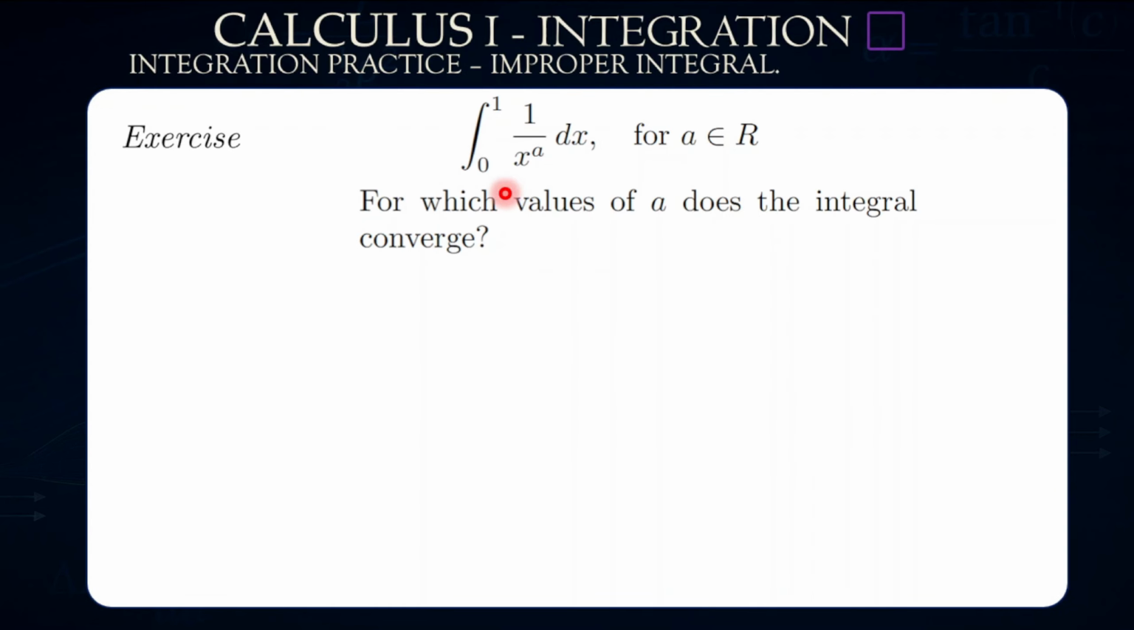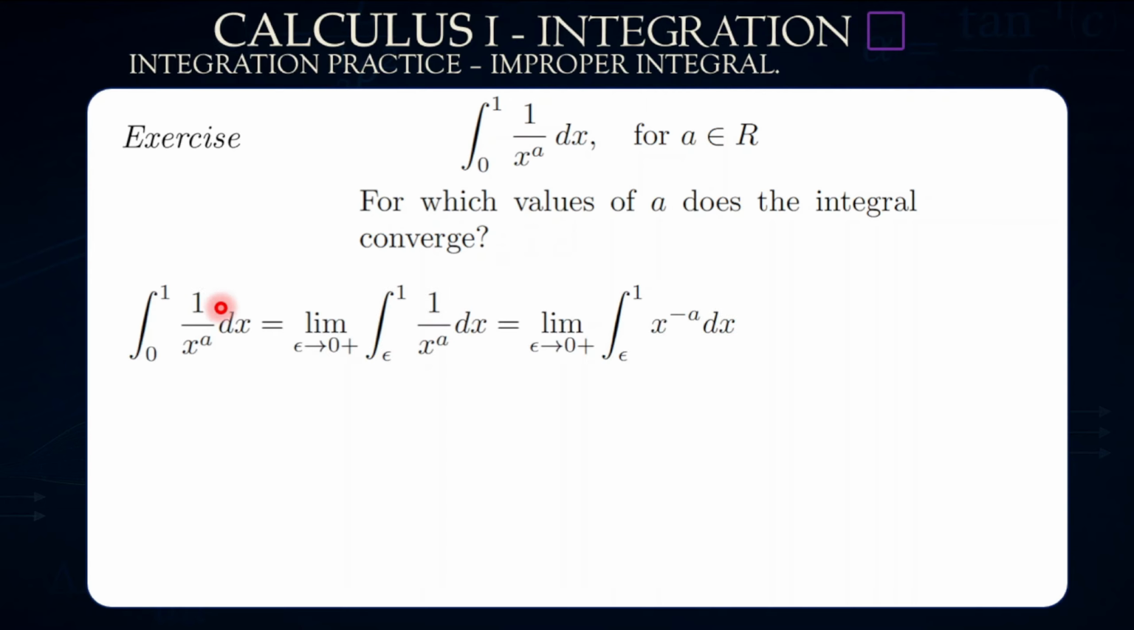Exercise: the integral from 0 to 1 of 1 divided by x to the power of a dx, for a in R, within the realm of real values. For which values of a does the integral converge? Here we don't have a problem within the interval itself, but at x equals 0, this integral goes to infinity, because 1 divided by 0 is infinity. So let's check for which values